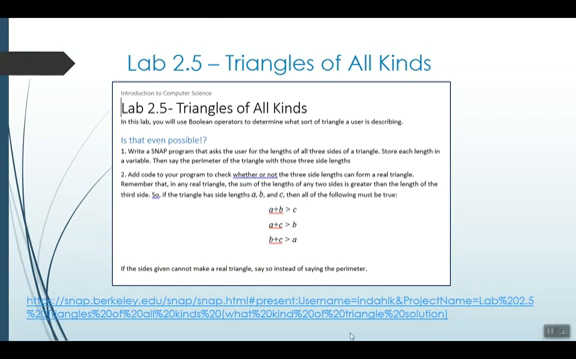Okay. So we will be going to Snap in just a moment so that you can see the first part of the lab. Now this whole lab is about different kinds of triangles, but I want to just talk right now about the first part of the lab. In order for a triangle to actually be possible, if you have 3 sides of a triangle,